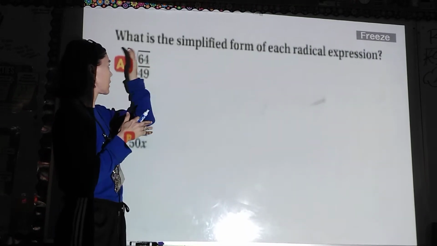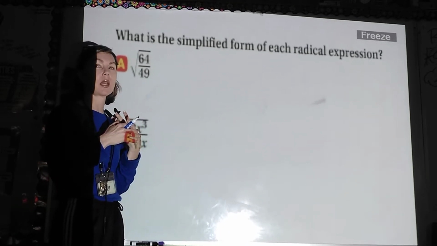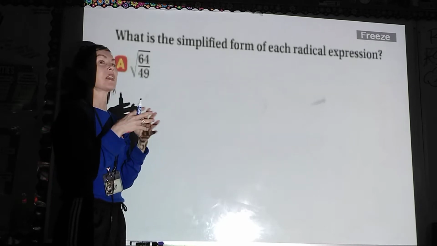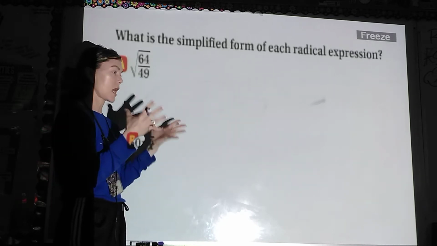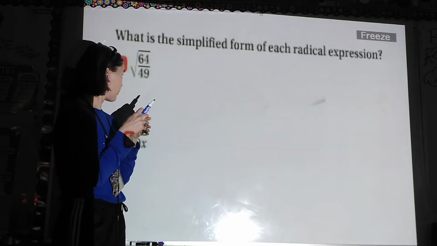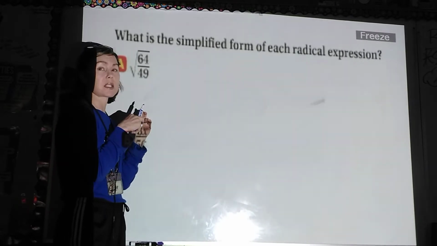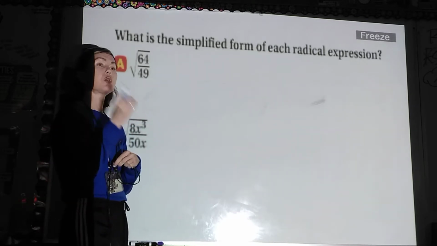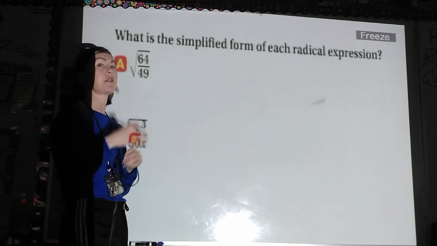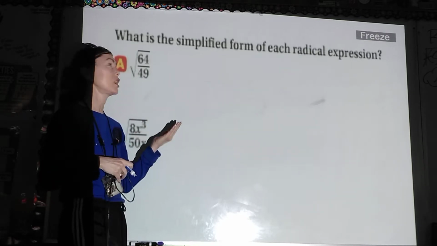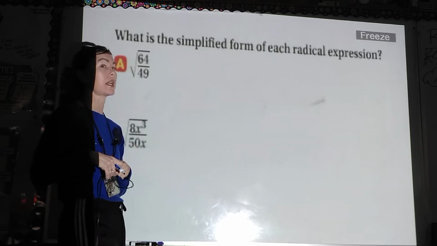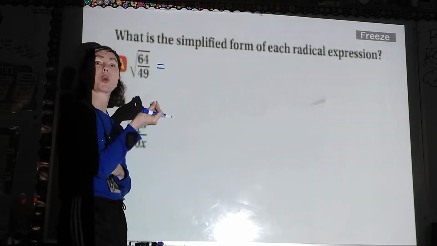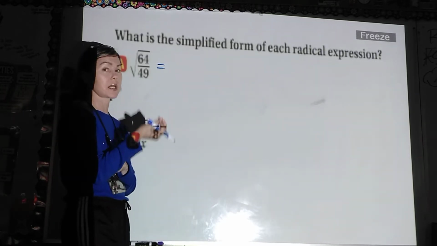This is a large radical with a fraction inside, okay? So when you see that, that's your ding, ding, ding clue that this is division. Now, we love this one because it's super simple. You have to simplify the numerator and the denominator separately if they do not have anything in common, okay? So we love radical 64 over 49 because both of those numbers are what? Perfect squares. So you have to take the square root of the numerator and the square root of the denominator